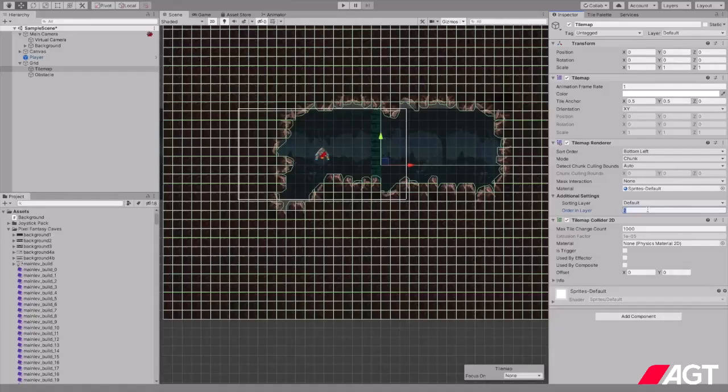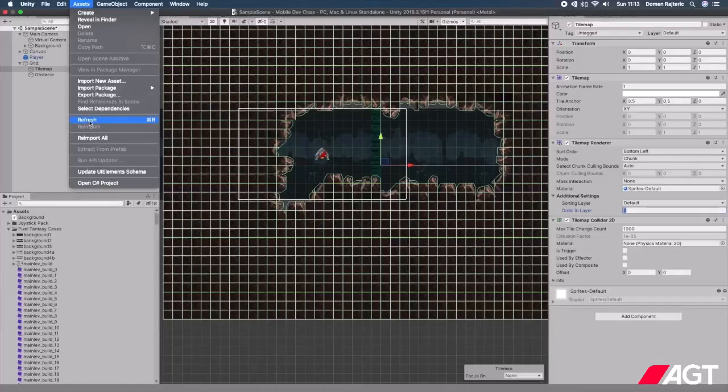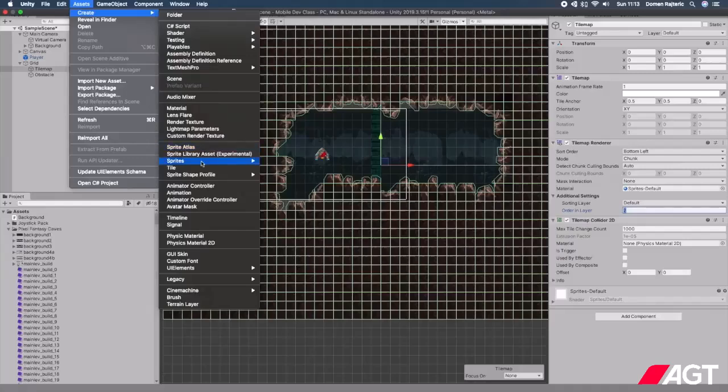I showed you how to use the user interface elements, and to finish this off, let's make a way to finish the level, to finish the game. And I want to add here a little square that will detect the player and it will load the next level, level 2. So I will use a simple square from the assets, go under the assets, create the sprites